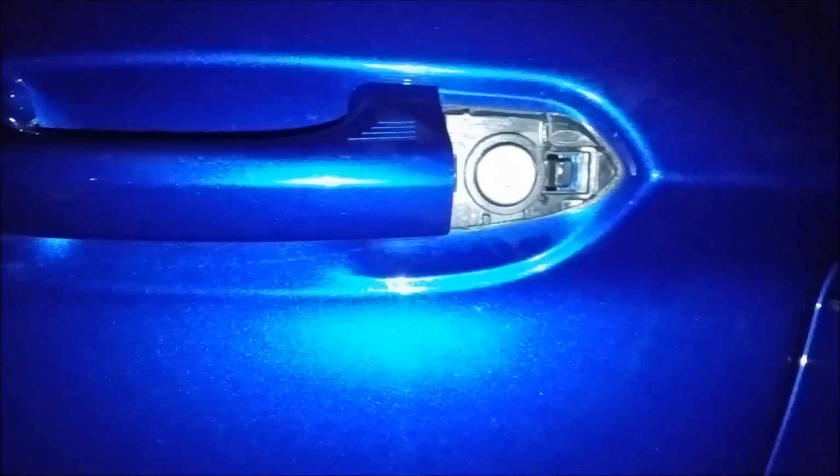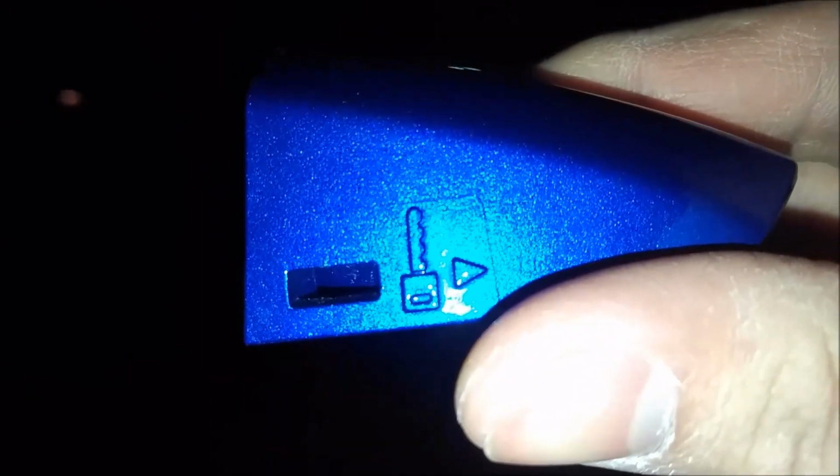push the key. You push the key in, you can pull this off and it comes off towards the right. And if you look under the key, under the little piece that comes off, it shows you which direction the key goes and which direction this piece comes off. And once you do that, you can actually put the key in the little keyhole, and